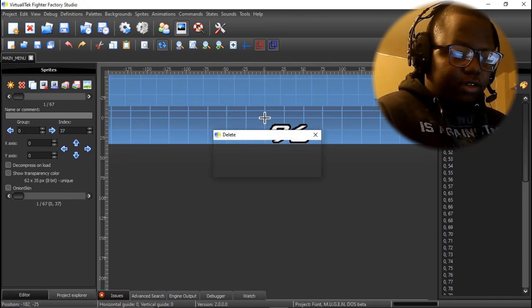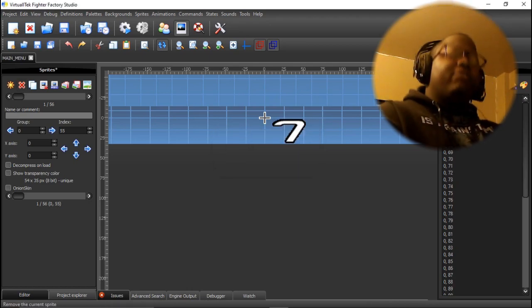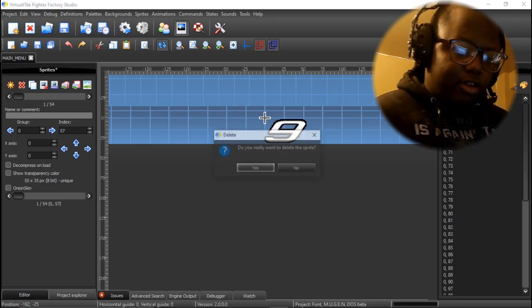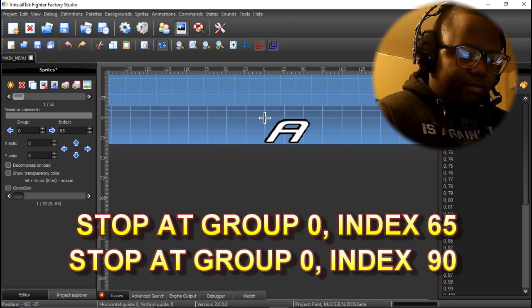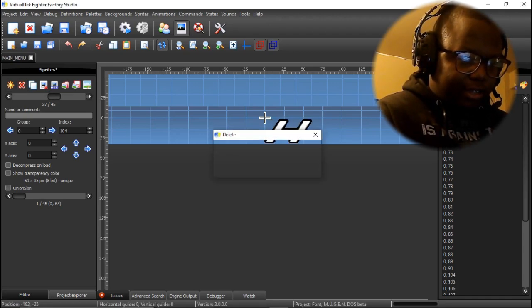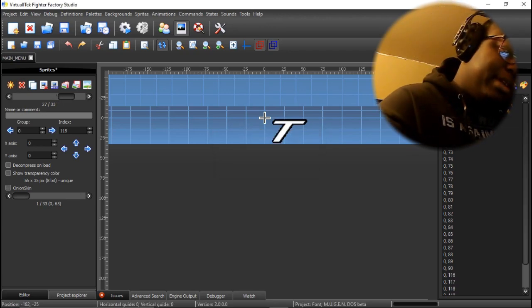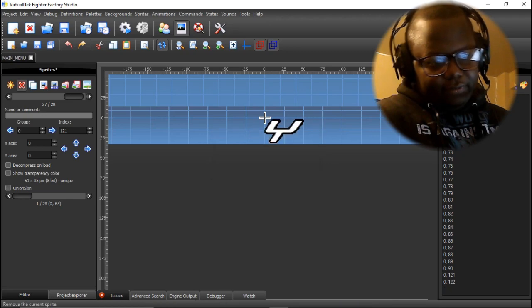Now you see all these different sprites. You're gonna get rid of everything that's not starting with the first letter A, and get rid of everything after you reach Z. Get rid of all of that. You don't need all that. You can only have a certain amount of menus anyway. I'm just going through and showing you the line of